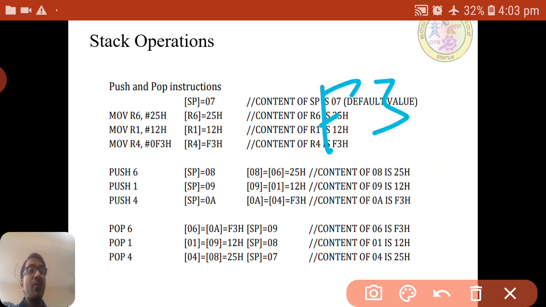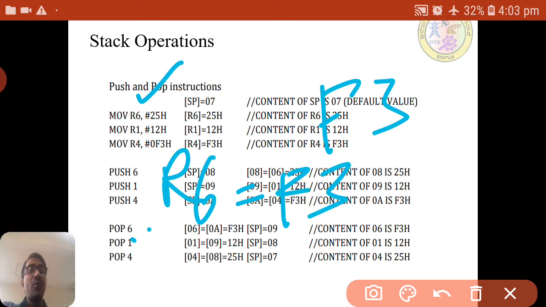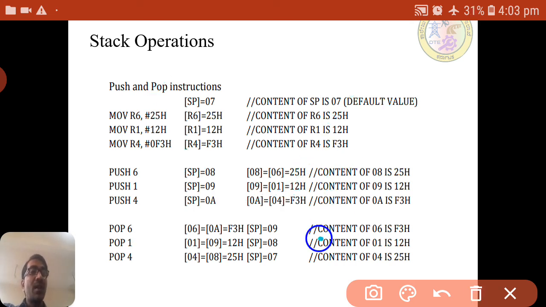That F3 value will move to address 6, which is nothing but R6. So R6 will have F3 if you do pop 6. The content of 6 is F3 and SP will become 9 now. First it will copy the data, then it will be decremented by 1. SP will become 9.